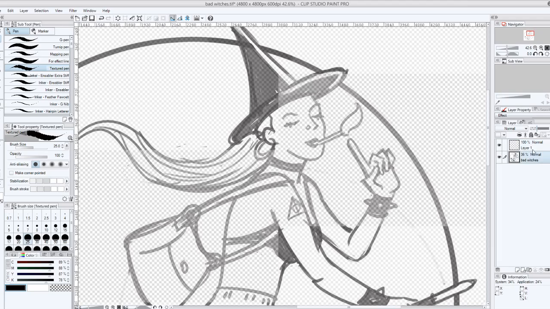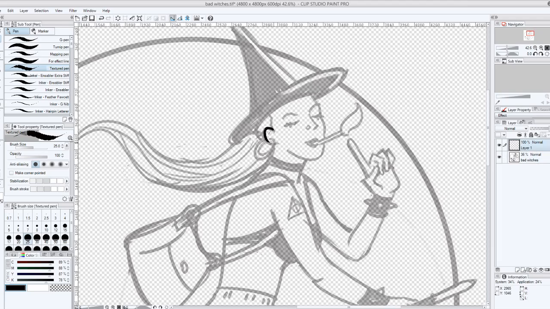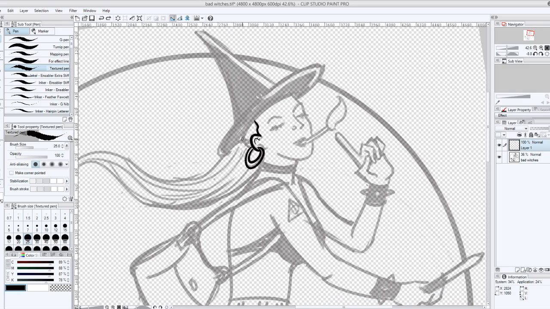All right, so now I'm going to go to inking this design. I'm just making that layer transparent, the layer underneath the inking layer. And I'm going to try not to be too rigid about my line work and not too loose. Half and half. But I do want to be very cognizant of,